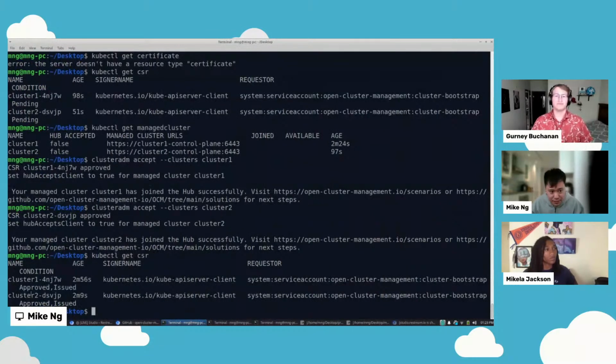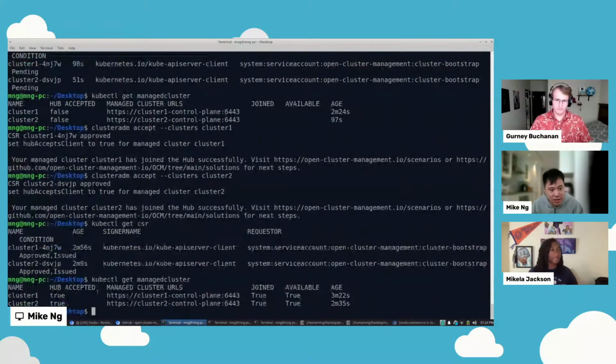And then for both clusters, that means we've set up the authentication between the remote cluster and the hub cluster, and the certificate will renew itself by the controller on the remote cluster side. And also in terms of authorization, we can look on the managed cluster side.